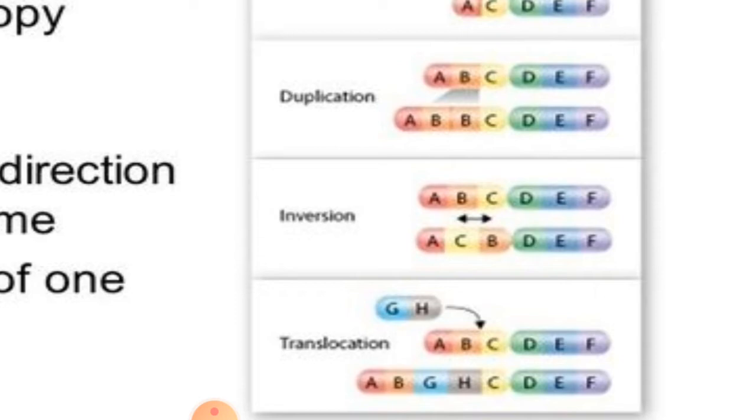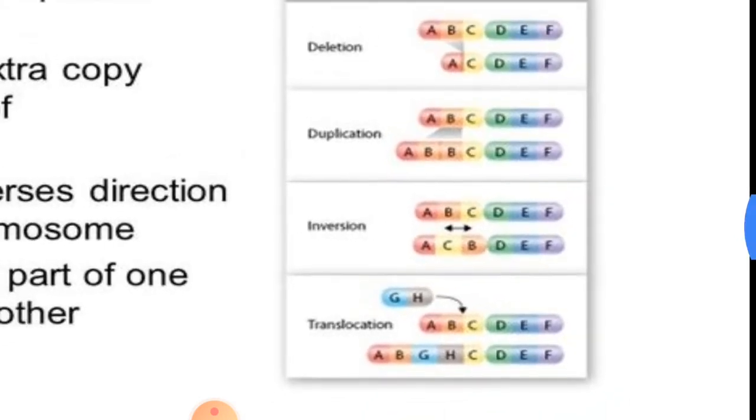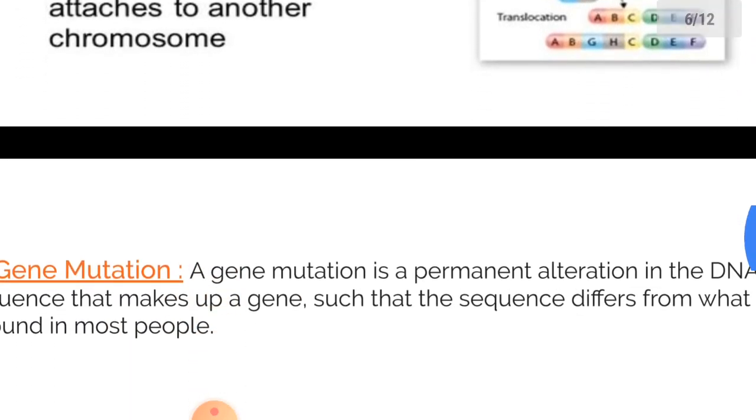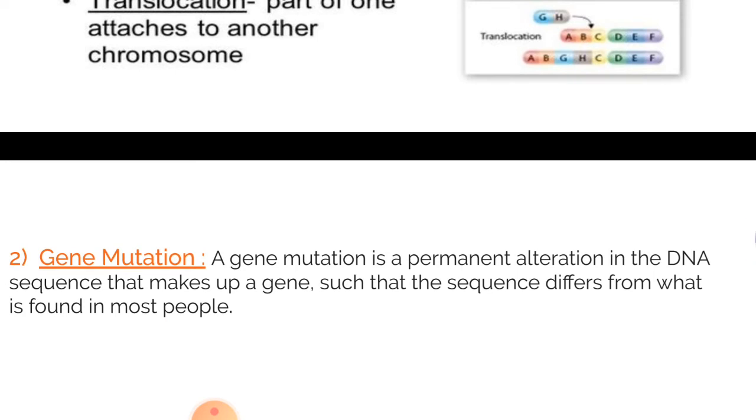So these additions or deletions, whatever it is, obviously it is going to affect the phenotypic expression. How? Because when it is going to make the RNAs, the messenger RNA is going to carry a different message, and this will make a separate type of protein, and that protein is going to end up having another expression. So obviously the phenotypic expression will change, and that is the result of the mutation. So that is all about the chromosomal mutations.